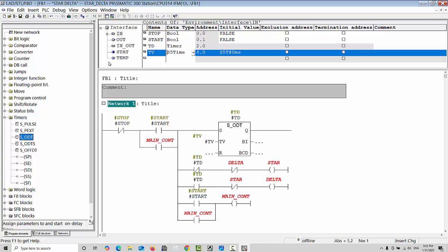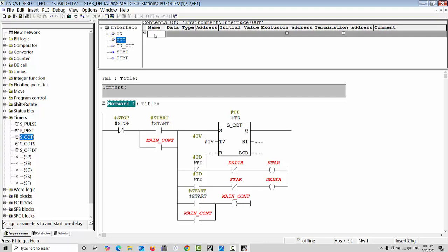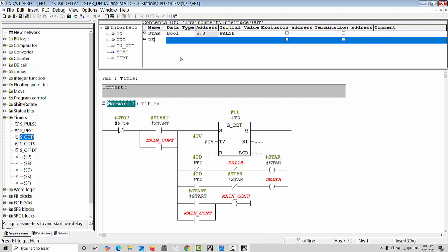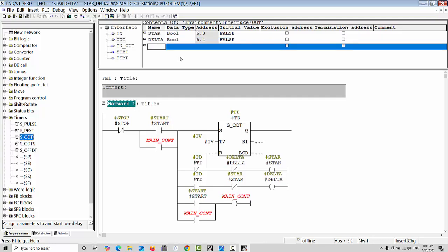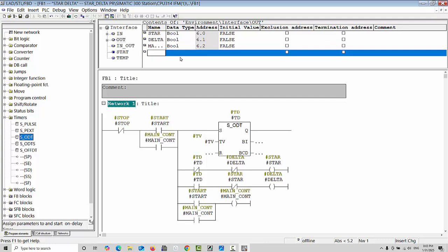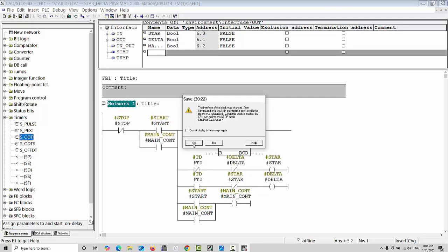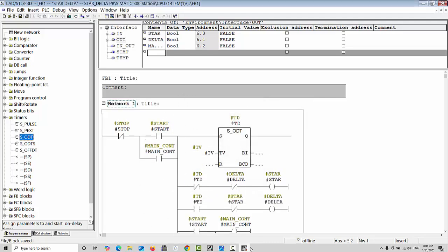So next you have to choose outputs, and here you have to define your outputs. For example, first is my STR star contactor, and next is our DLTA delta contactor, and third is our main underscore CONT contactor. Yeah, this is our main contactor. So almost all our variables are also complete, and after this creation you must save this project and click yes. And now you have to go again to your main program,